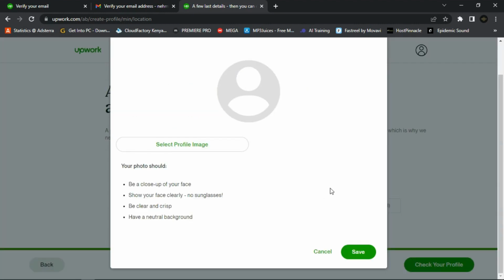When selecting a photo, you need to choose a professional photo. What's a professional photo? A photo should be a close-up of your face, showing your face clearly, no sunglasses, and it should be clear and crisp, with a neutral background. So now let me choose a sample image here. Let me click on select profile.